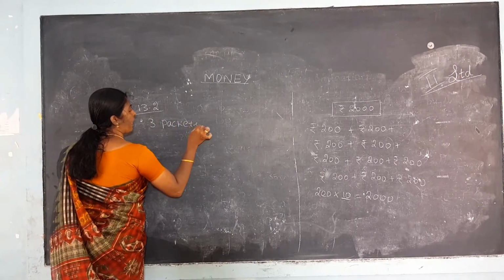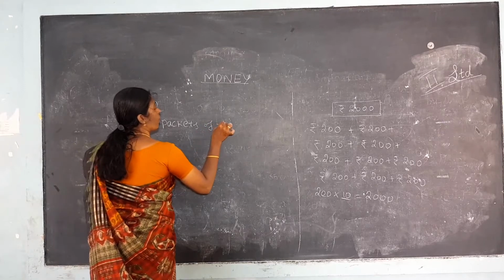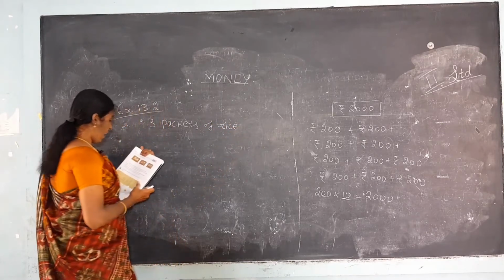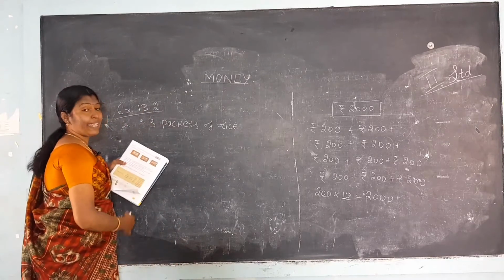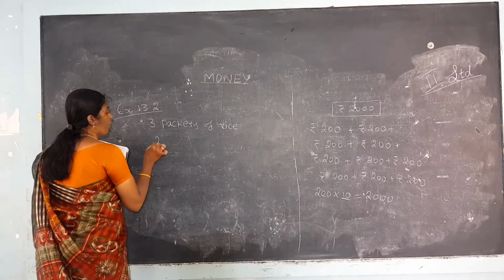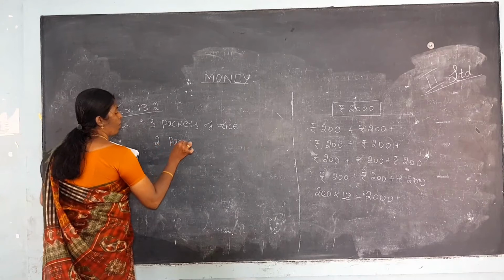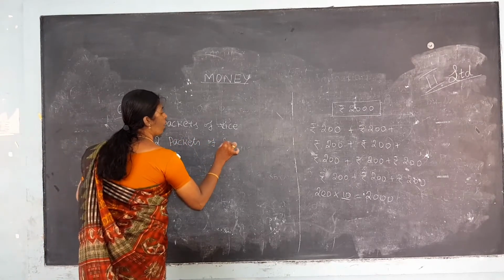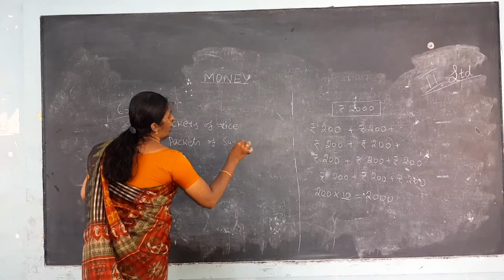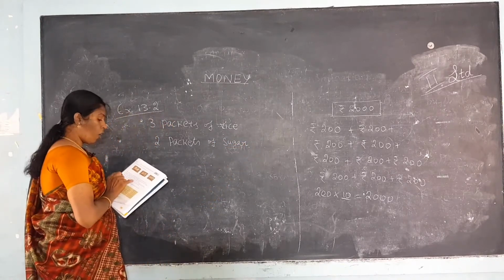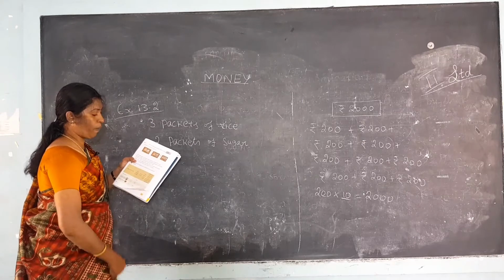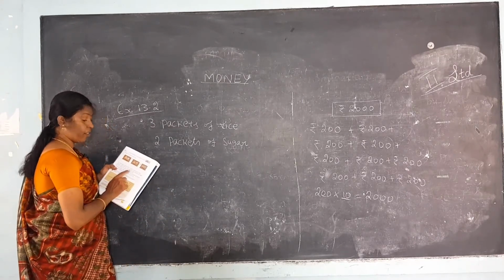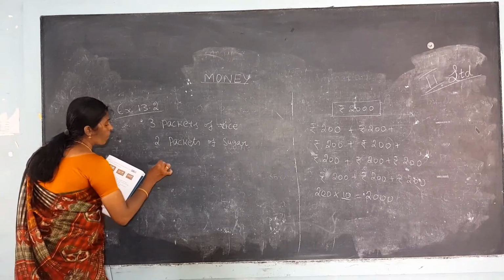3 packets of rice he bought. And here 2 packets of sugar. Okay. And how much per packet, in rupees? Per packet, what is it here? 45. So the cost of